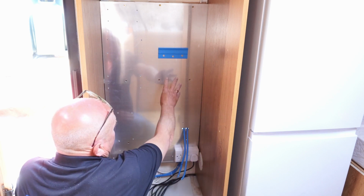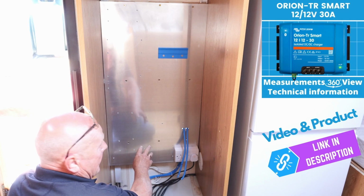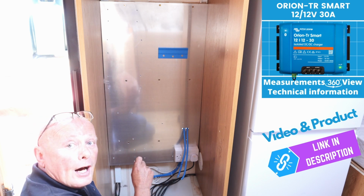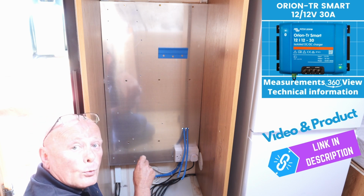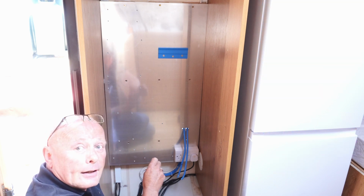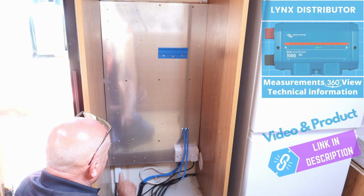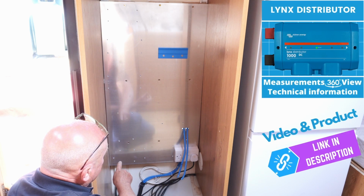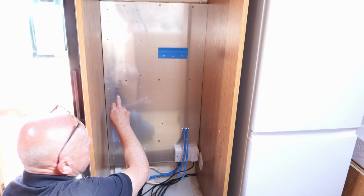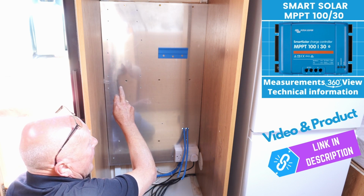So the inverter's going here. We've got the Orion-Tr Smart. This is a 30 amp charger, and this will charge the battery system when we're actually driving, which is quite useful. So wherever I come to park up, I've always got a full charge without having to rely on the solar. Next we've got the Lynx Distributor and Shunt, and then we've got the MPPT 130 SmartSolar,